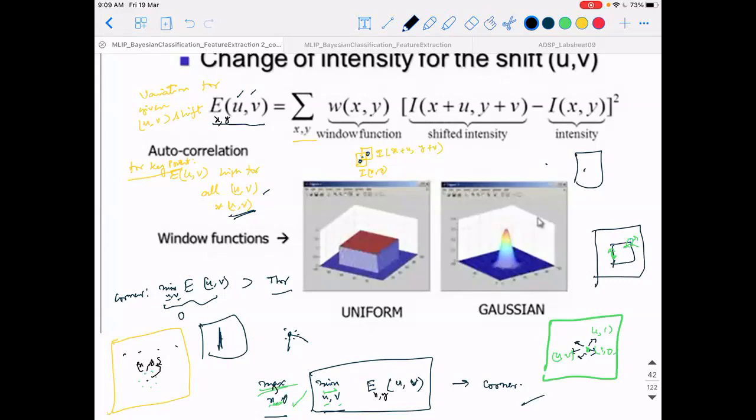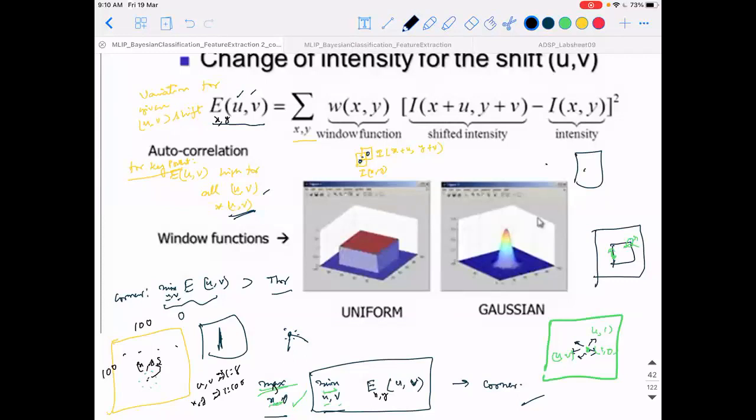But if I want to do it empirically, how many computations do I need? It is quite computationally intensive. Do you agree with me or not? At every location, if I have a 100 cross 100 image, how many computations are needed? At every pixel, assume that there are 8 possible shifts for u, v. u and v can take 1 to 8, and x and y can take 1 to 100. And then at each position of E, x, y, u, v, how many computations are needed?